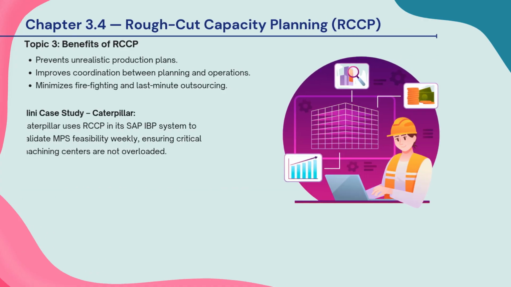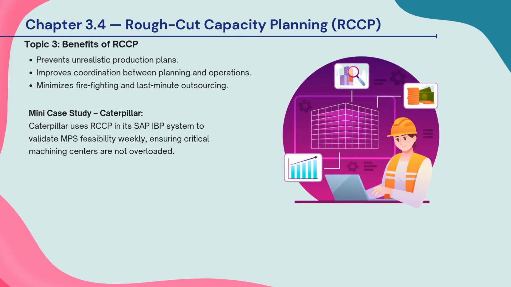This slide highlights why RCCP is important. It prevents unrealistic production plans by checking capacity early. It improves coordination between planning and operations teams. It reduces last-minute firefighting, emergency outsourcing, and capacity surprises. Mini case: Caterpillar. Caterpillar uses RCCP within SAP IBP to validate MPS every week, ensuring key machining centers don't